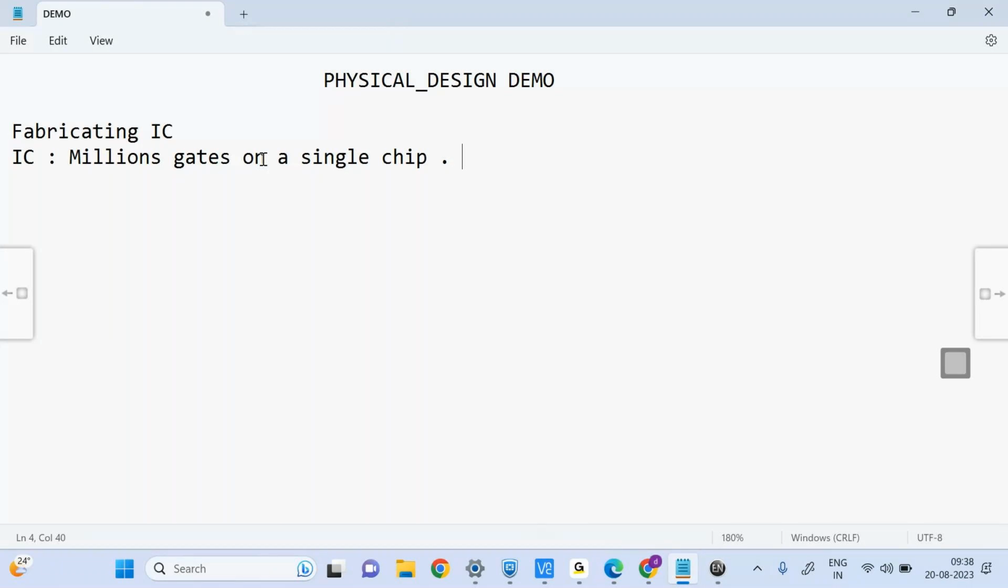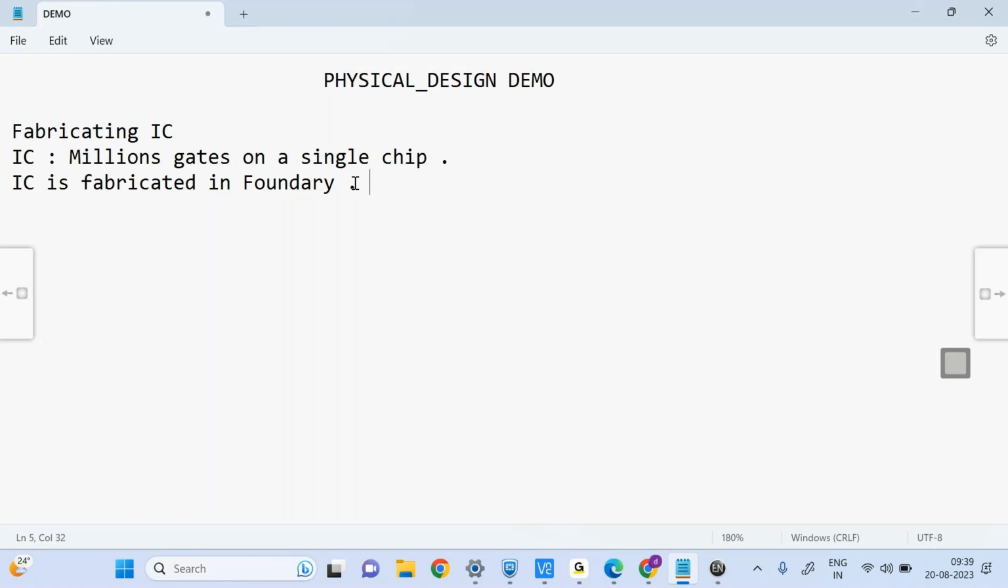See, IC is fabricated in a place called a foundry. It is fabricated on a silicon die, that everyone knows. But where is it fabricated? It is fabricated in a foundry. So when we have to fabricate an IC in a foundry,